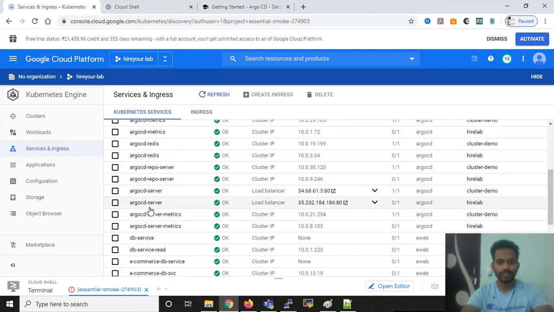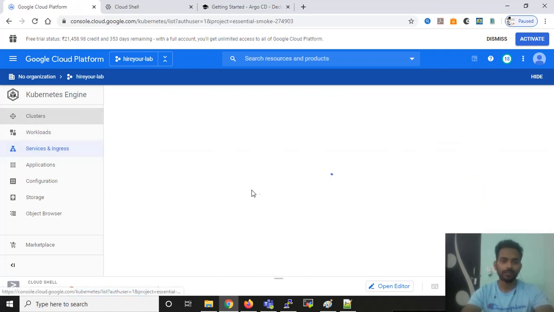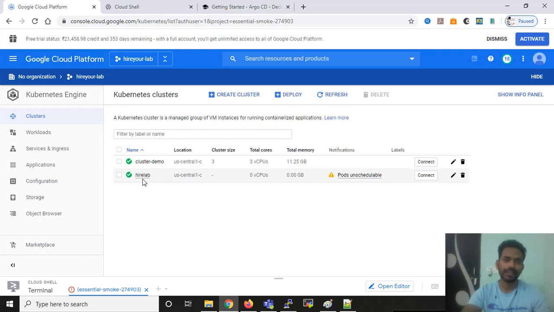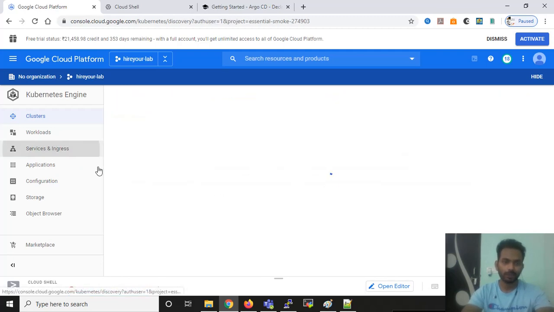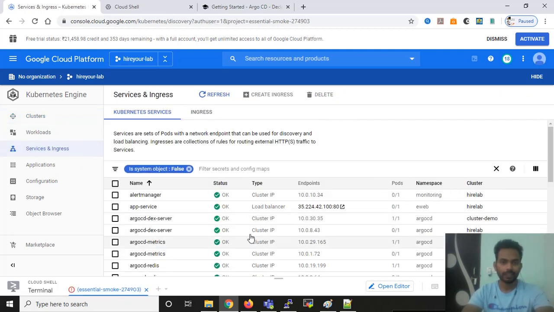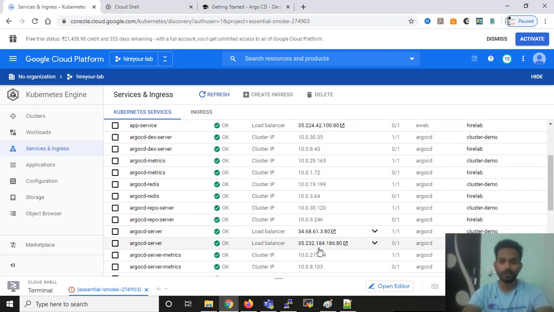Okay, so this is Argo CD server, and now I'm just going to verify it. There are two instances running here because I have already deployed Argo CD server in my other cluster. There is the other cluster, higher lab, but this cluster is not running, so that pod will not be accessible. So the new cluster is the one I have to access. I'm just going to find which one is my latest one. I can see that this is the old one, so you don't have to be confused. When you are doing a fresh cluster deployment, you will not see two Argo CD servers here. But I'm just giving you the introduction of how you can find it.